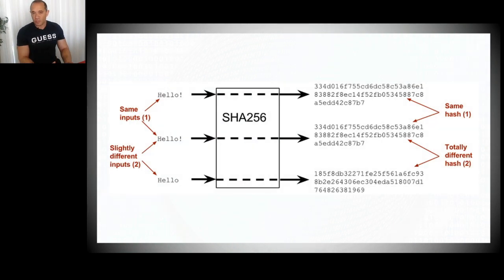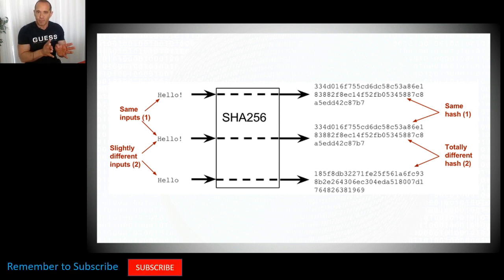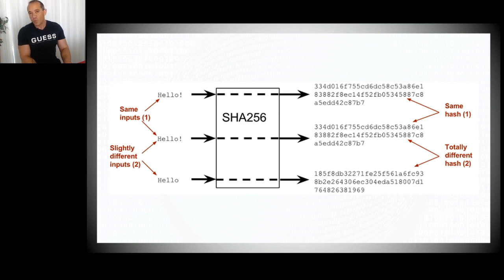The other thing that we covered in the last video was SHA-256. It stands for Secure Hash Algorithm, and the 256 means that it spits out a fixed-length output of 256 bits of data. I showed you last time that when you make a very small change to the input of this hashing algorithm, such as, if you look at the screen, taking the exclamation mark out of the word hello, the resulting output is very, very different. These outputs here are in hexadecimal format. I'll show you the binary format later, but the point is that